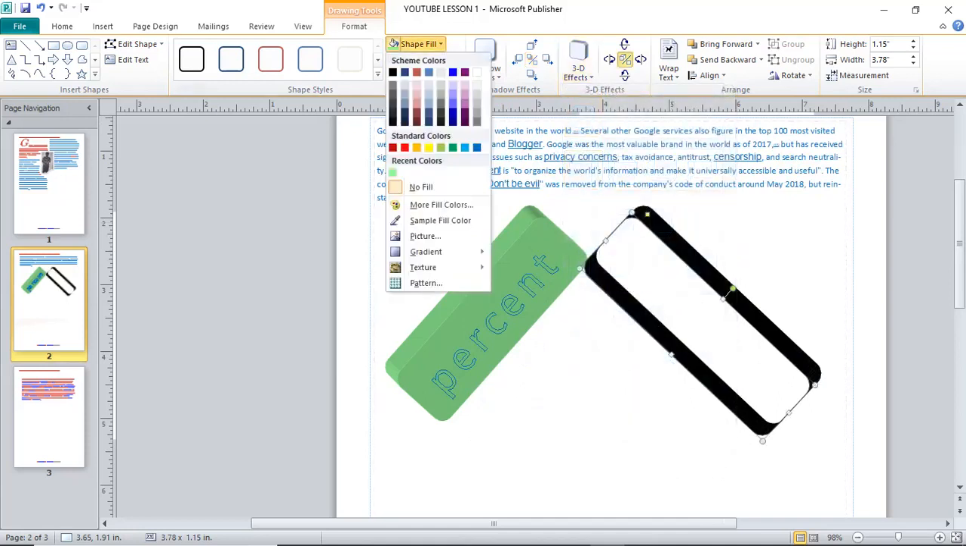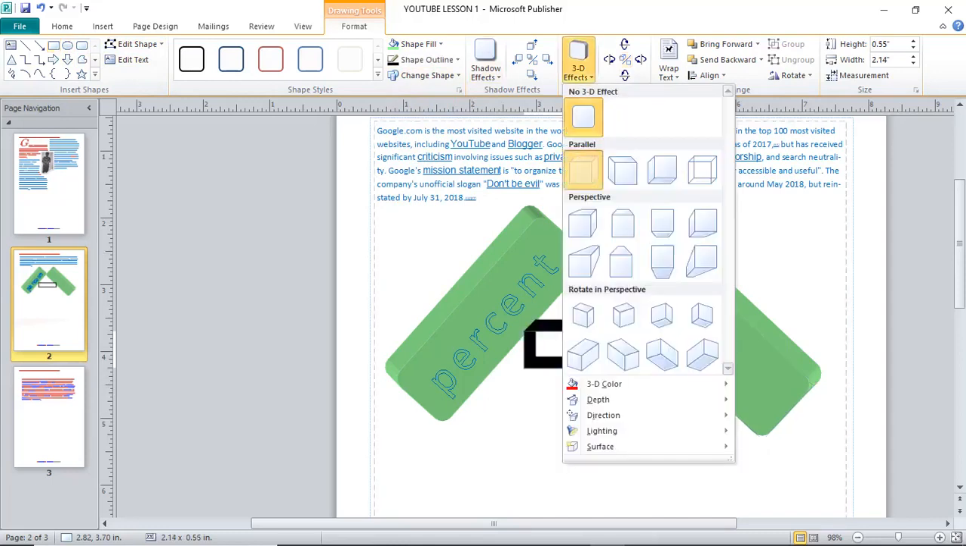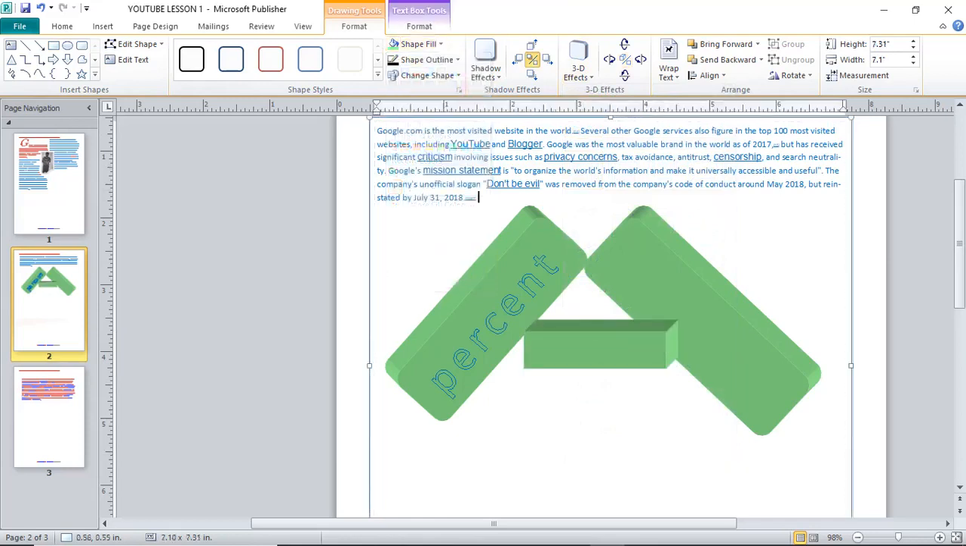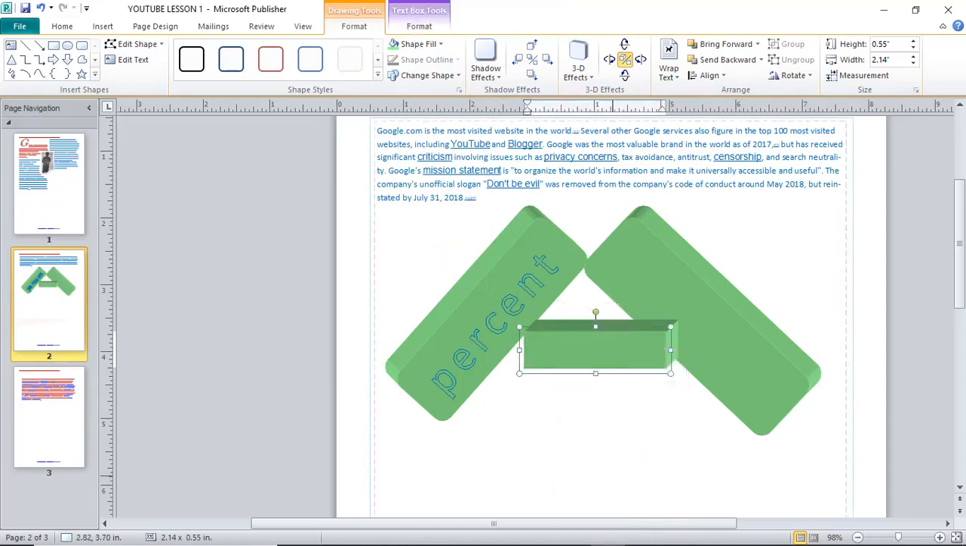Okay, we can just do that way. Then after doing this, we need to draw something different there and apply 3D and apply the same color or different color. That is the text effects. Now to write inside this, you right click, then